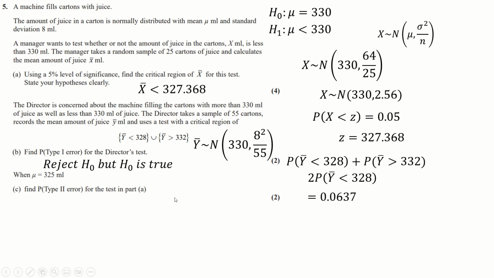And we'll be good to go with that bit there. And now it says mu is now apparently 325. Find the type 2 error. So that's accept H0, but H0 is false. And this is in part A. So the probability of accepting H0 in part A